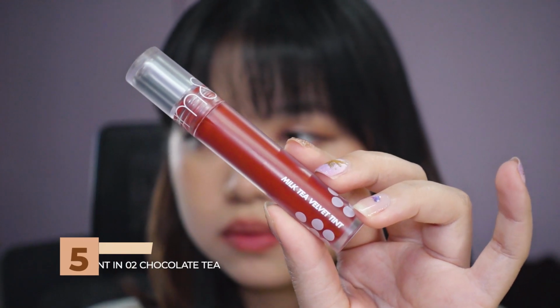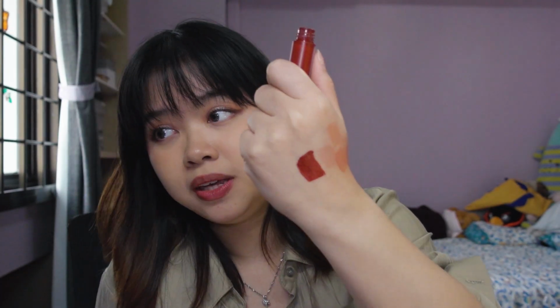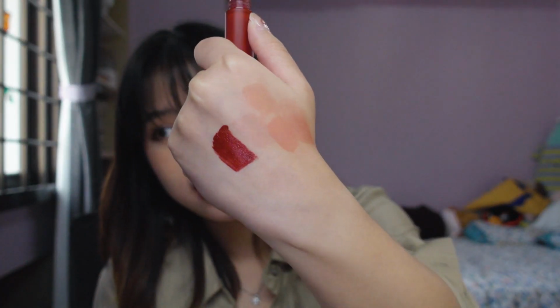This is in Chocolate Tea, and this was so hyped up on Xiaohongshu, Little Red Book, the Chinese app. I think I did talk about this in one of my ramen videos, but this smells like chocolate, like actual real chocolate, not synthetic chocolate like cheap chocolates. This smells like rich chocolates, but this is much more vampy. Look at that. Wow, look at how